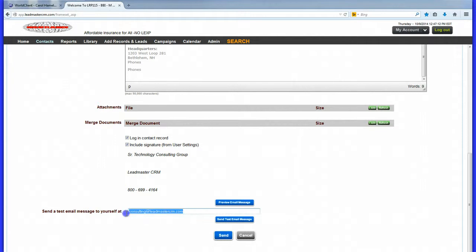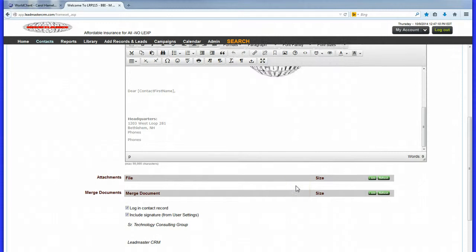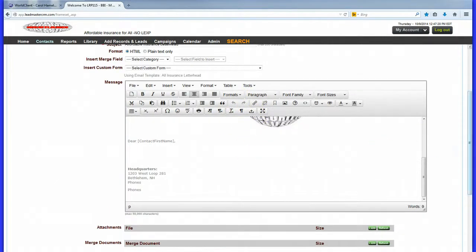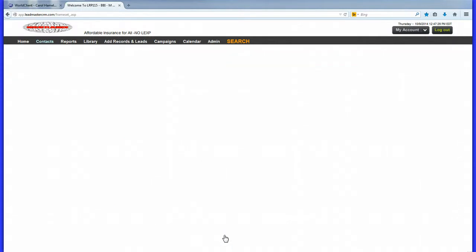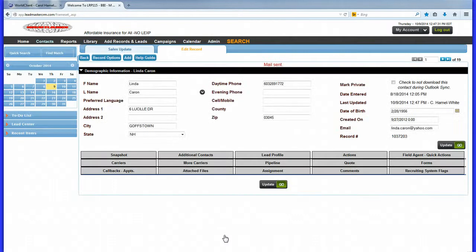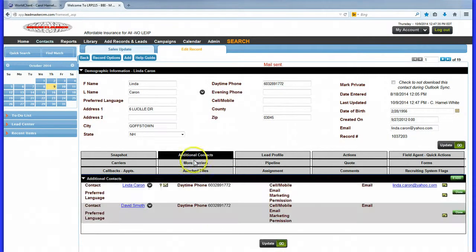Now you can send a copy to yourself using this send test email message button. If you like the way it looks, great, you're ready to go. If not, you can do some editing, send it back to yourself, and when you're comfortable, you hit the send button. Upon hitting the send button, now that email has gone off to that prospect,